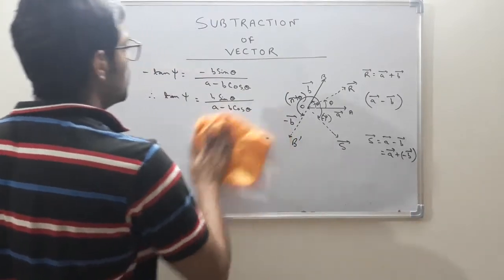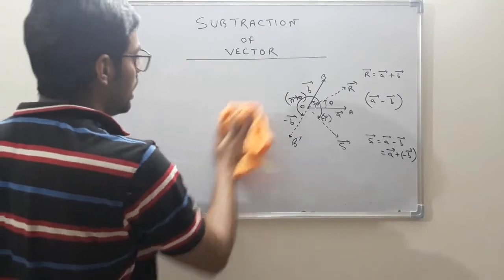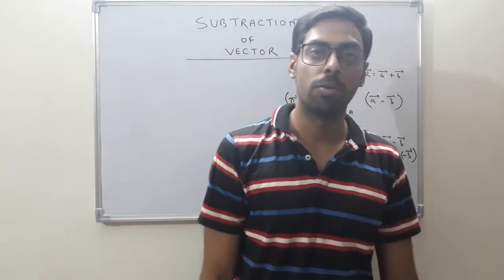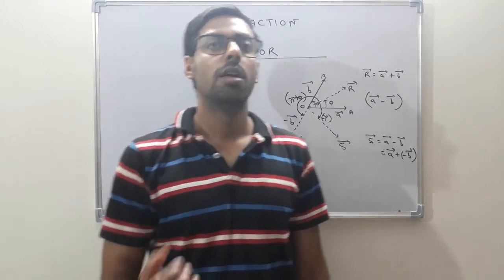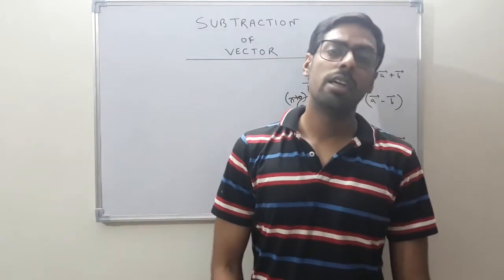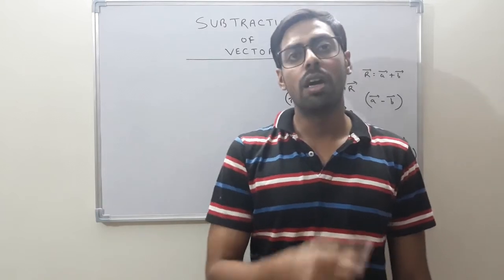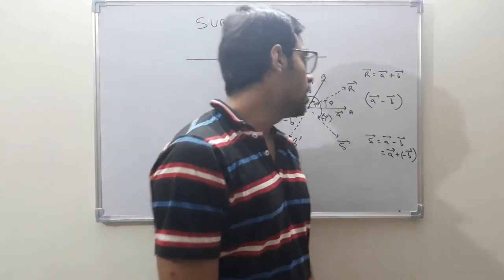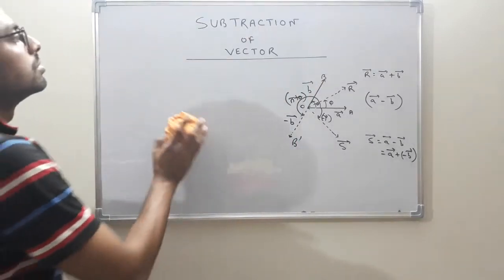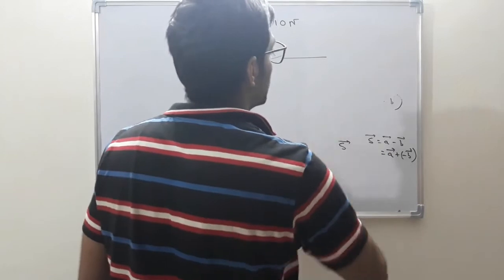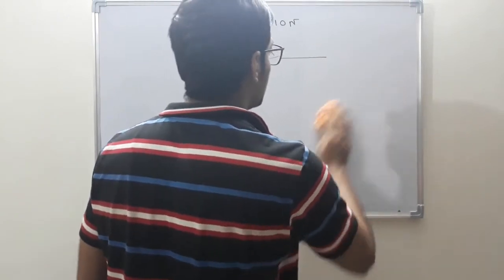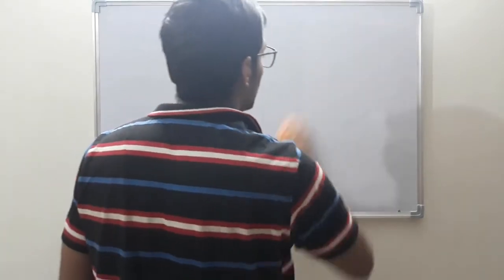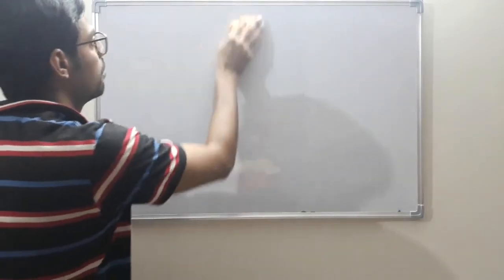So from this you have got the magnitude of the S vector as well as the direction of the S vector. So it was about the subtraction of two vectors. Subtraction of two vectors, if we have to define it, becomes the addition of one vector with the reverse of another vector. Now let us discuss something about the vector representation. It is a very important topic. How do you represent a vector in a coordinate system or in a frame?